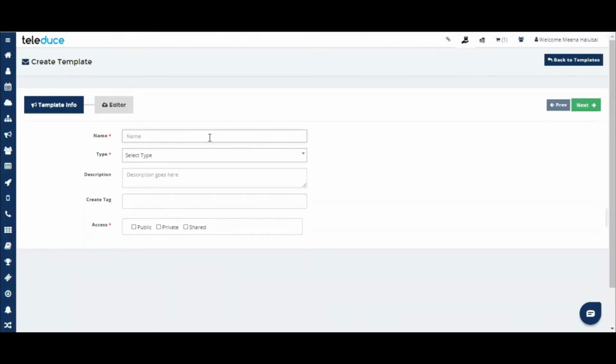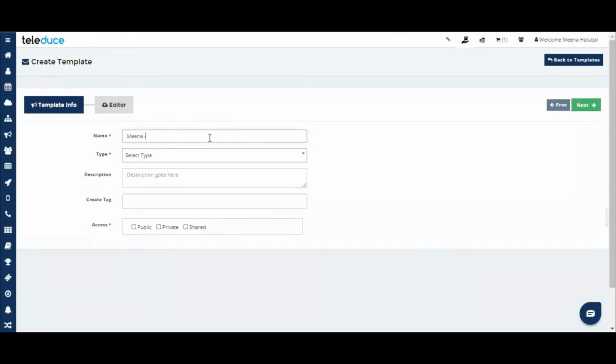The simplest answer is, even when you create your own folder in your local drive, a name is required to save it, so that you know what that particular file contains. Similarly, while creating a template or content, you have to name it.